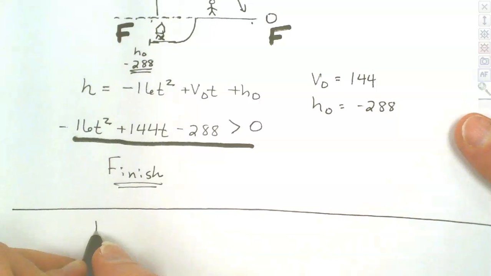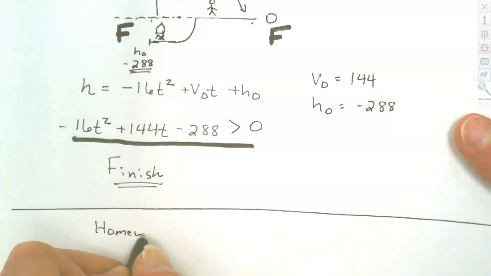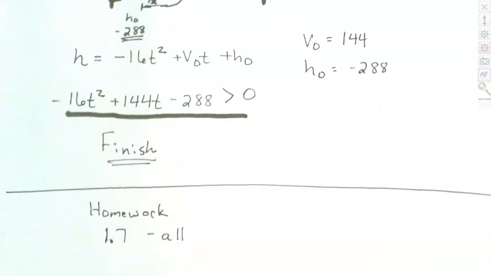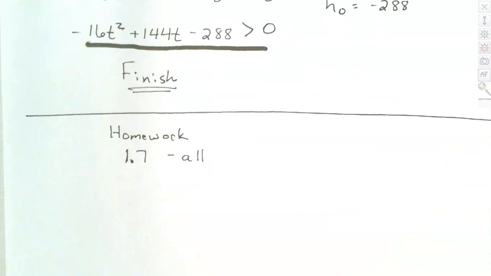What's your homework? Well, your homework now is 1.7, and you should be able to do them all. We'll go over some more of them next week. Right, so next week we'll come into class, we'll go over things. That following week is spring break. So next week we'll have class, then spring break, and then we'll come back and take our exam. Also, I do have your homework